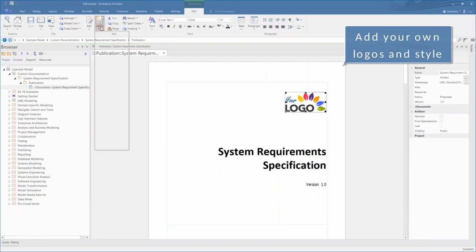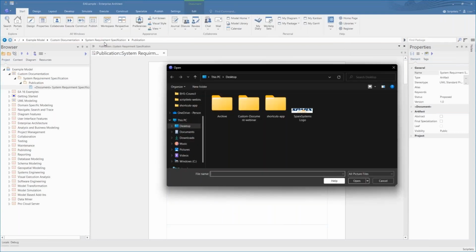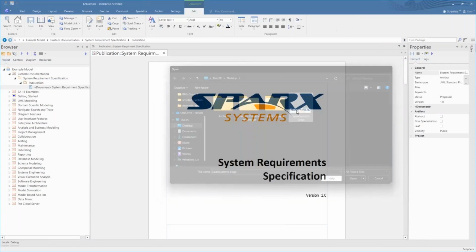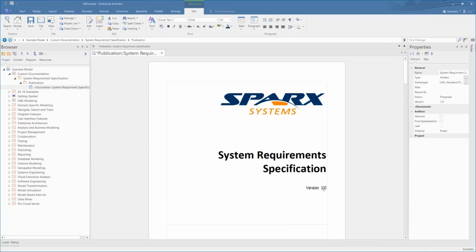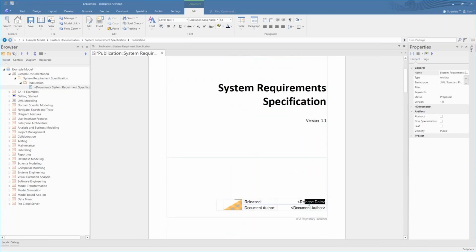So you can add your own logos and styles. Under the edit ribbon, I can simply insert a logo. I can resize and change that logo so it suits my needs. I can modify text, and I can of course modify fonts and colors so that I can use a corporate style guide, so that all of our reports meet company or corporate guidelines with respect to style and color.